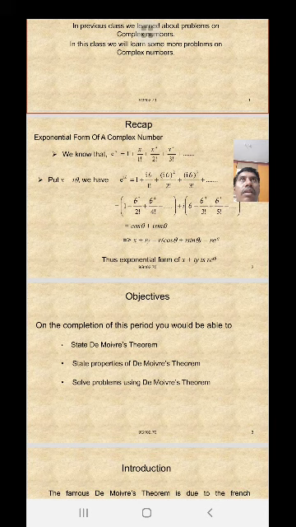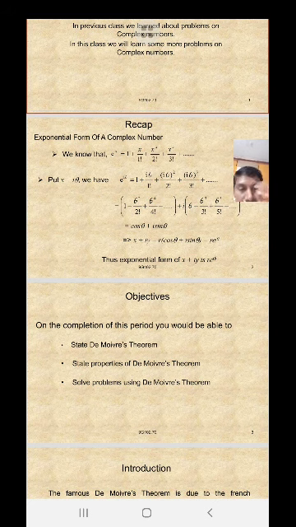Exponential form of a complex number. We know that e power x equals 1 plus x by 1 factorial plus x square by 2 factorial plus x power 3 by 3 factorial plus up to so on. Put x equals i theta. We have e power i theta equals 1 plus i theta by 1 factorial plus i theta whole power 2 by 2 factorial plus i theta whole power 3 by 3 factorial plus and so on, that equals 1 plus